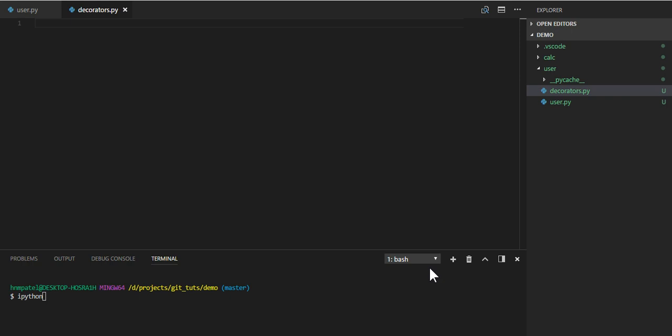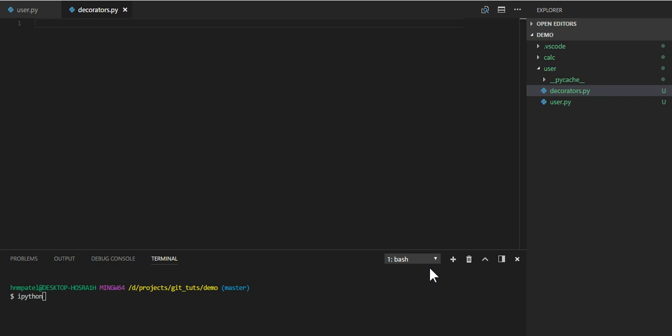Today we are going to talk about Python decorators. So I think you may have heard about decorators, and maybe you have used them in other programming languages also, but in Python let's check how it works. So I will show you one decorator which is very simple